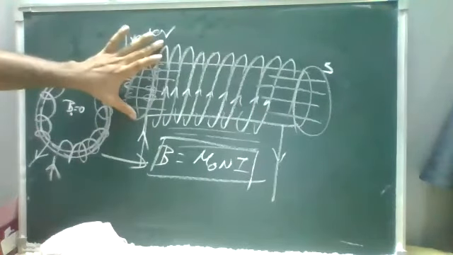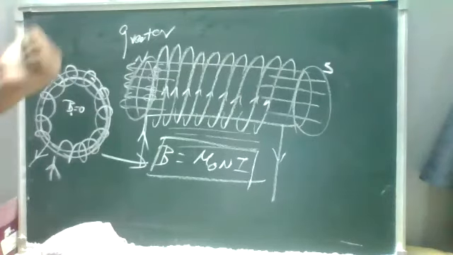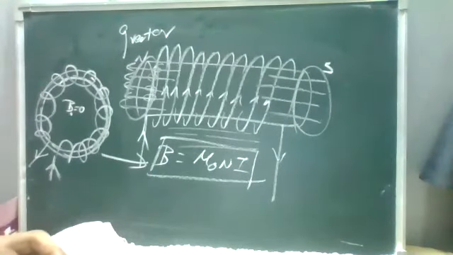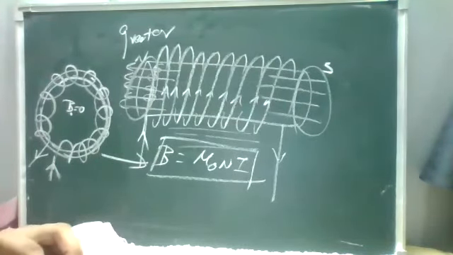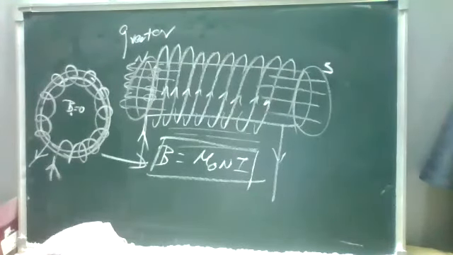Directions are important in the exam. For the bar magnet, the directions follow the thumb rule, reversed for the solenoid. And the relation is B is equal to mu naught N I. Clear? We'll do a problem on this. Here N is the number of turns. Just take a question. And one more thing.